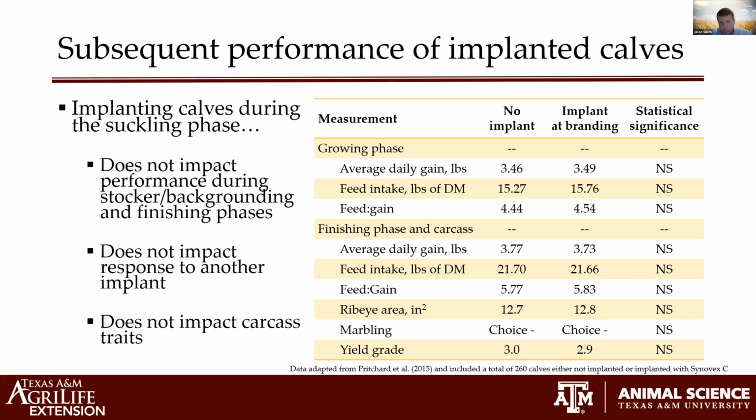No difference in finishing phase average daily gain, feed intake, or feed efficiency. No difference in ribeye area, no difference in marbling, no difference in yield grade. Okay, so a couple things about this. One, those cattle don't perform any differently later on in life. But two, that implant that was administered at branding during the suckling phase did not negatively impact carcass quality of